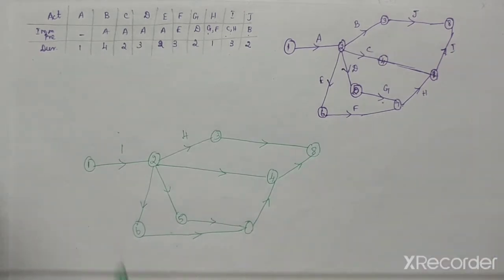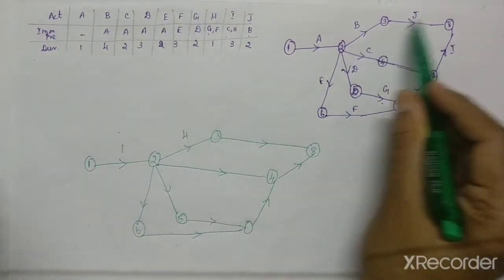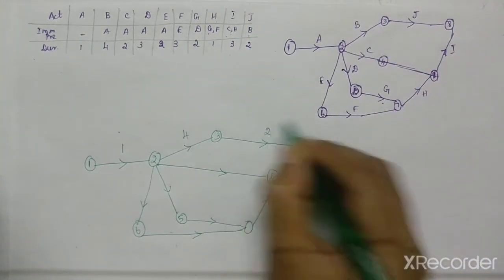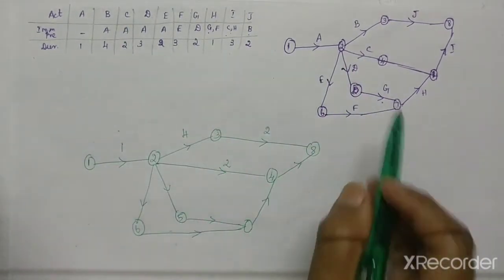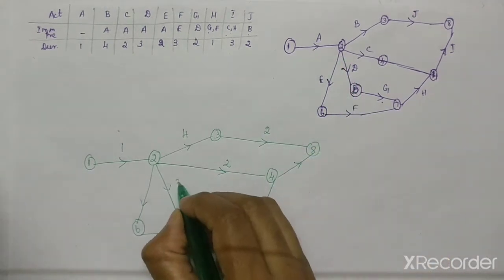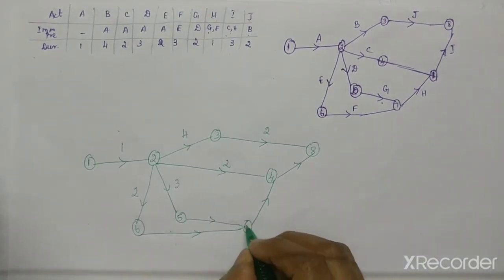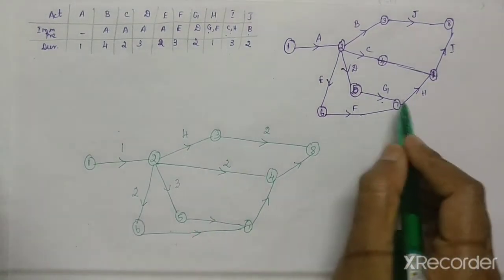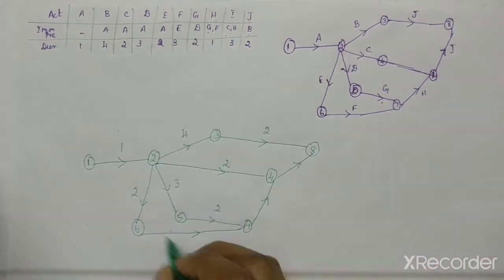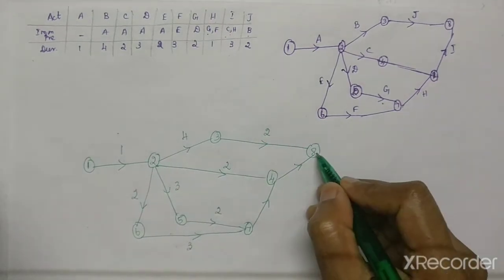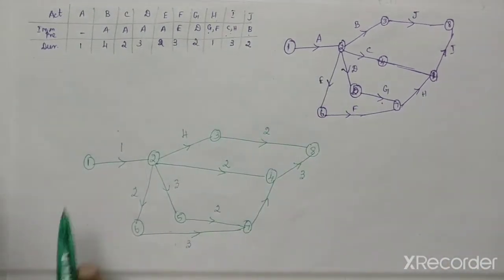So now you have to substitute. For this the duration is A, so substitute 1. For this the duration is B, substitute 4. This duration is J, so for this we substitute 2. For this the duration is C, so substitute 2 here. For this one it is D, so here 3. This one is E, so here 2. The next one is 5 to 7. So 5 to 7 is G, so G value will be 2. 6 to 7 is F, so F duration is 3. And 4 to 8 is I, so I duration is 3. Now this is your complete network.